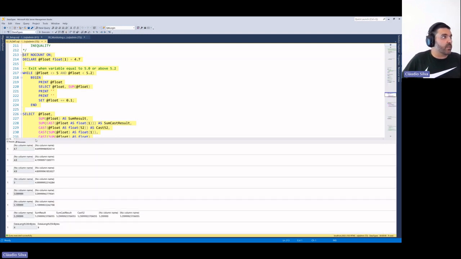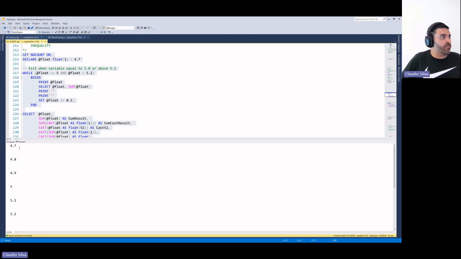Let's see what happens. I print the results: 4.7, 4.8, 4.9, 5, but it didn't bail out. I said if it is equal to 5, just go out, but here it didn't bail out. And now we have 5.1, 5.2, and finally it bailed out.